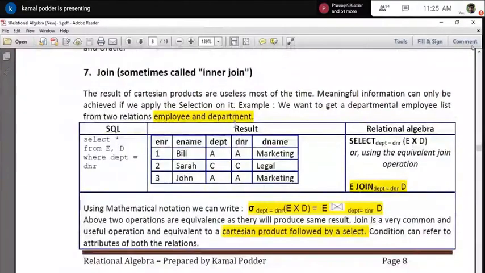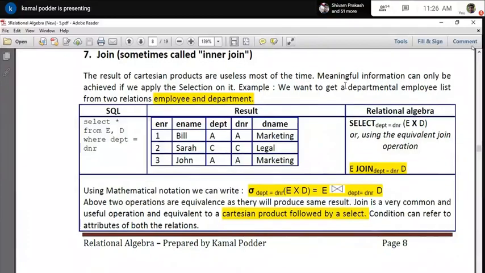Now come to the join, which is basically the most important thing, and later on in SQL also we will consider the join part in detail. Most of the cases after designing the relational database, you will find that a single table cannot satisfy your requirement, because we are normalizing the table. So naturally we are dividing the table into small tables, to maintain proper integrity and consistency. So ultimately when you need any result, you need to join the tables, otherwise you cannot get any faithful result. So here join will help to do that.